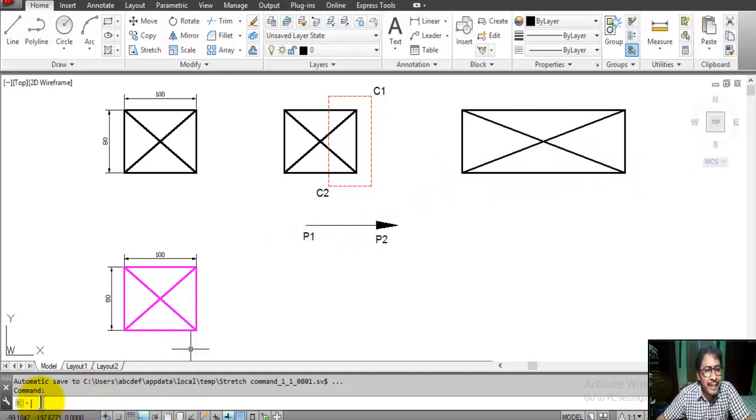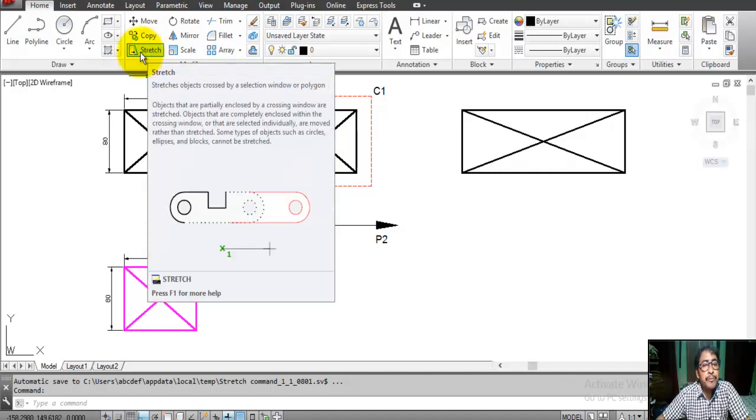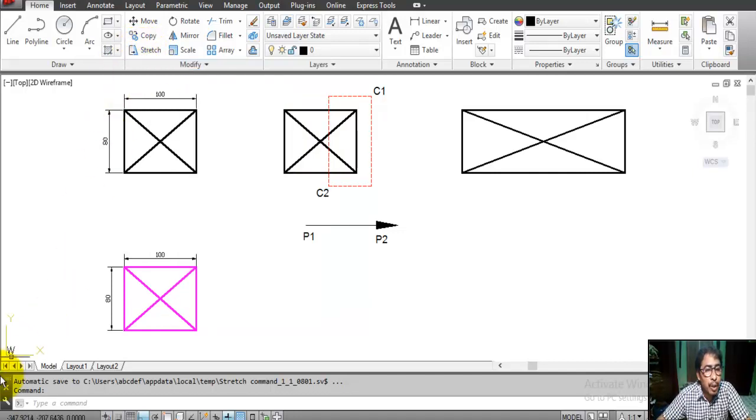Now we type the stretch command shortcut S, enter, or in the ribbon, this is the icon of the stretch command. We type S for the stretch command, select object, we select in this way.